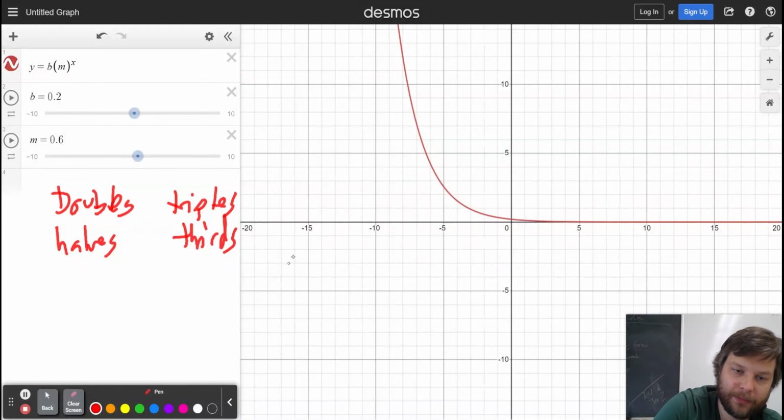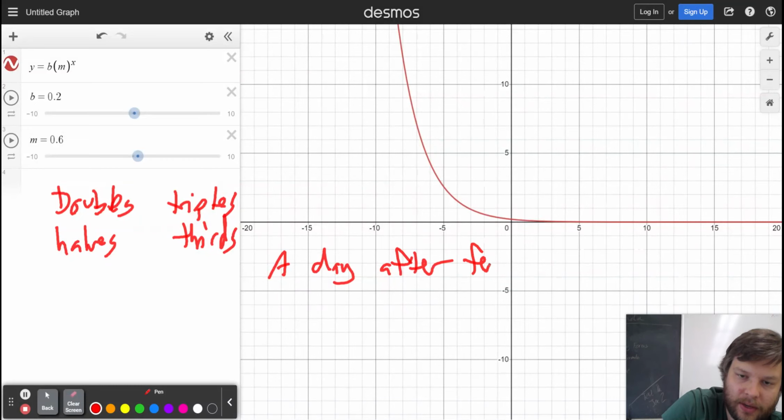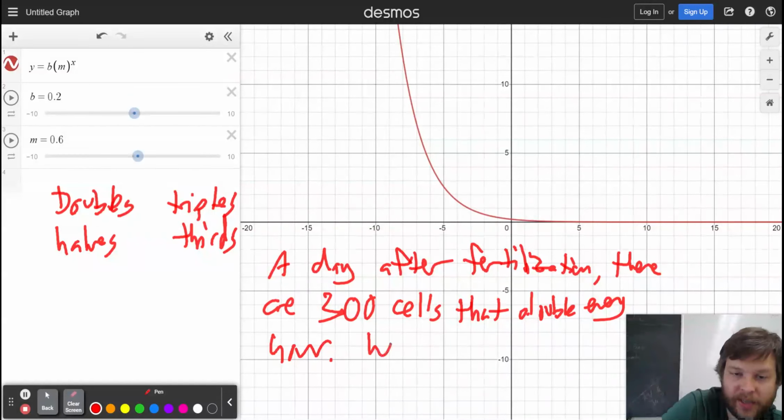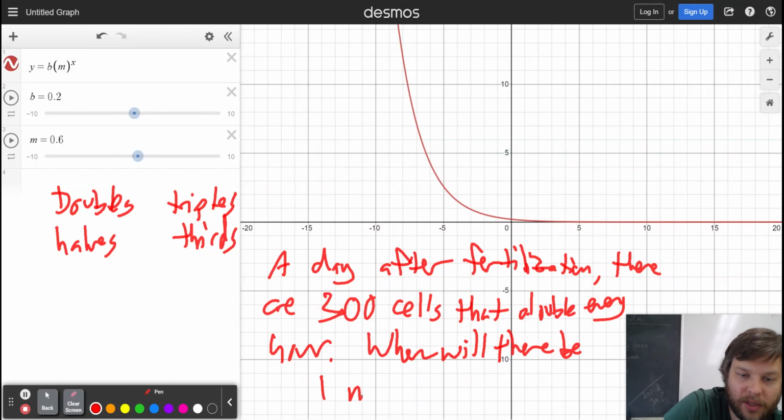Let's put some numbers on it. I don't know if this is biologically the right number, but we're just going to go with it for the purposes of this video. We'll just say that a day after fertilization, there are 300 cells that double every hour. And so then we can write a word problem like, when will there be 1 million